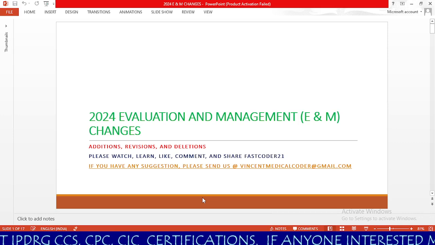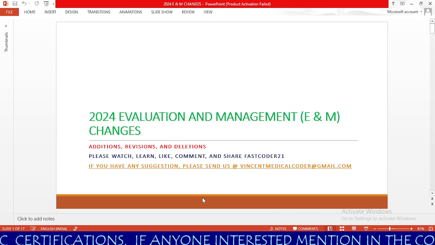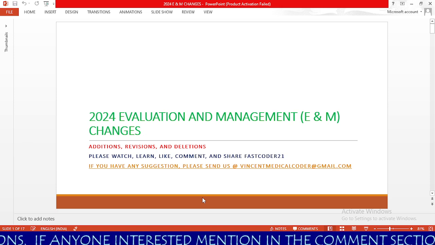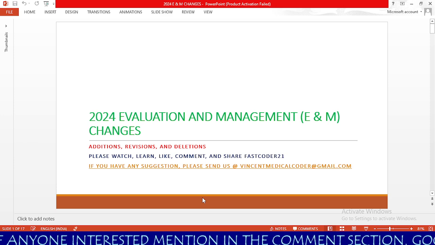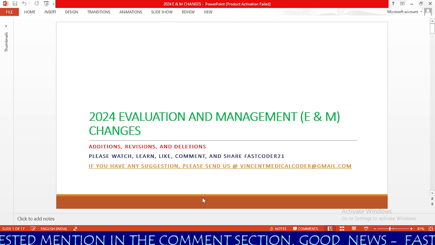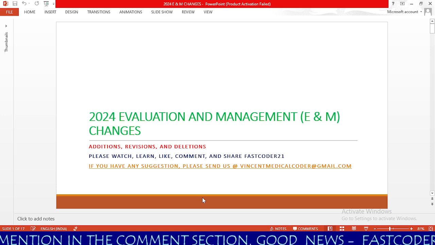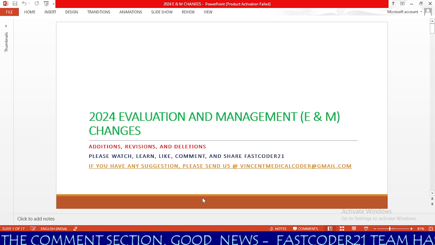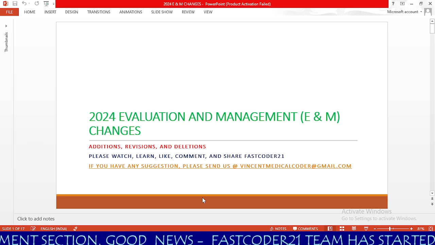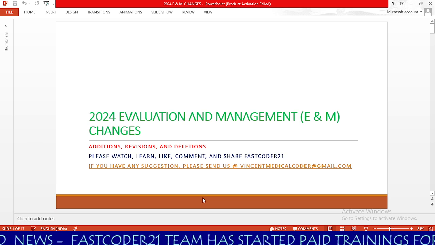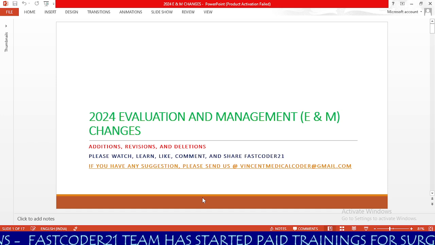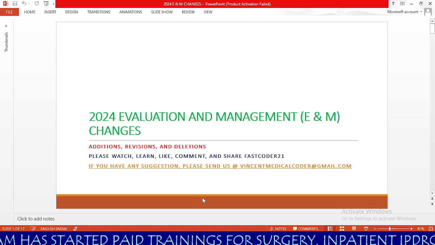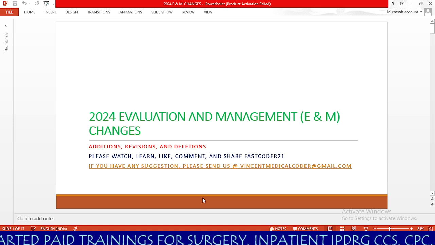Good news! Yes, surely it is good news for all E&M coders. As all of us know, every year we are going to have E&M changes. In 2024 also we have changes, but those changes are not substantial compared with previous year evaluation and management changes. If you want to know all the changes in 2024, please watch this video until the